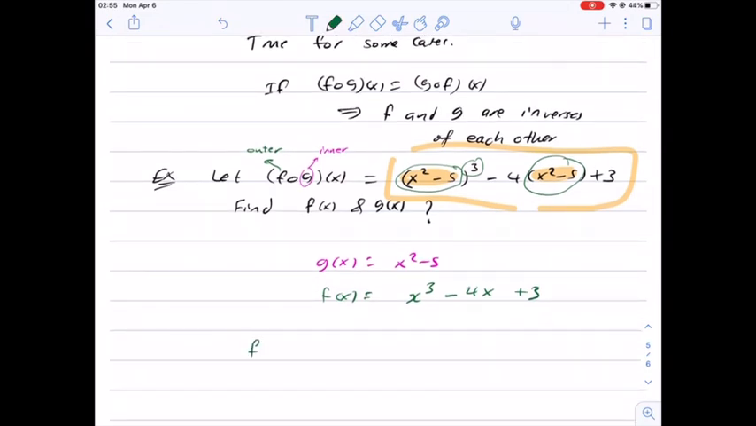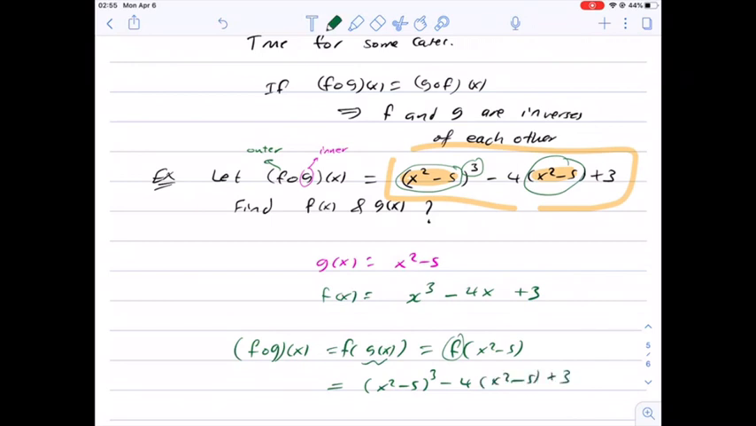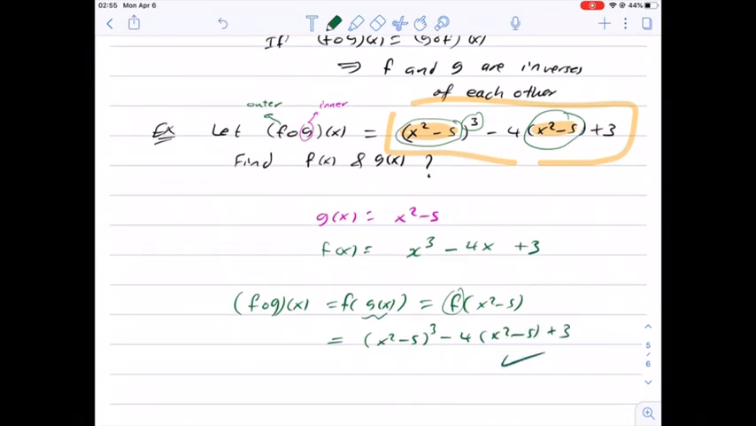So if we compose them, let's compose them. Let's find f of g of x. So this is f of, what is g of x? G of x is x squared minus 5. Now we substitute into the function f. We get x squared minus 5 cubed minus 4 times x squared minus 5 plus 3. And that means our answer